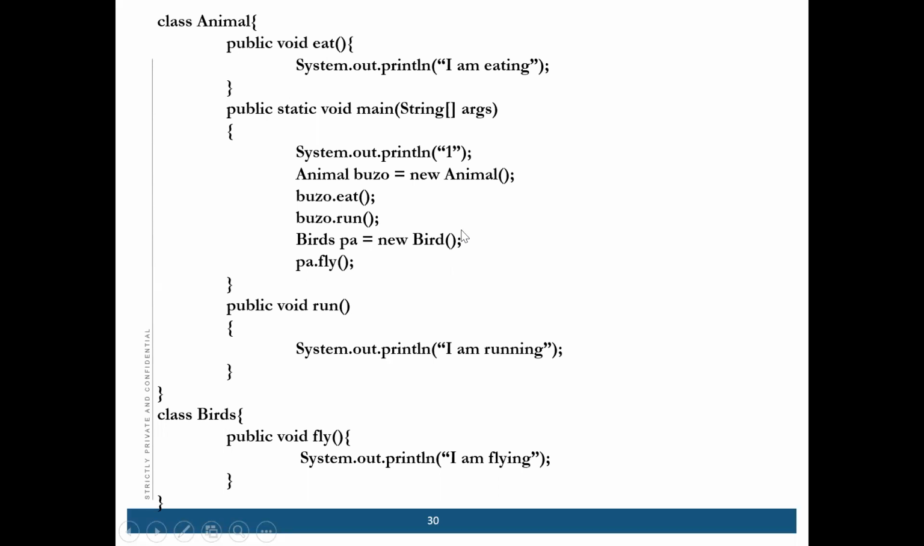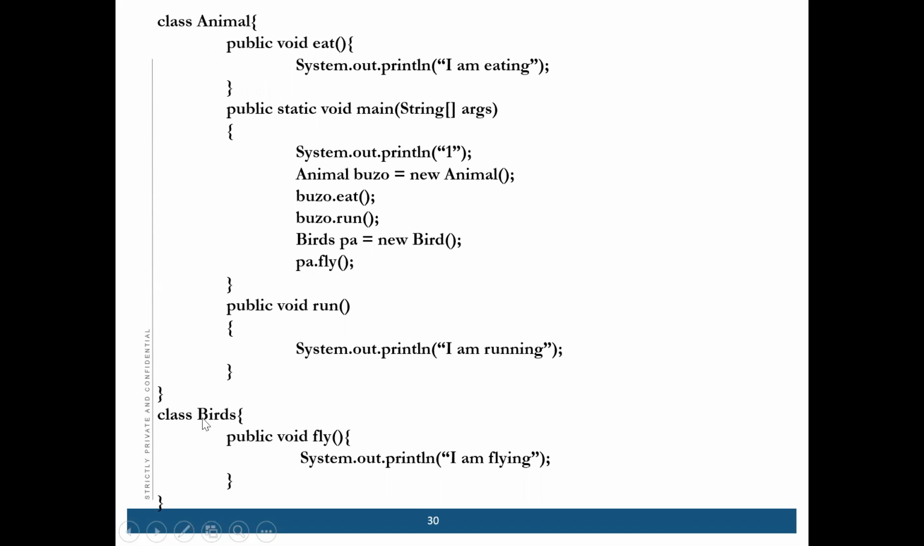Okay. Moving on. Now there is a class animal. Inside that there is one method eat. In the main method, we are calling run. Now there is another class, which is a bird class, in that class you have a fly method, and now you have to call that method inside the animal class. So how will you do it? You will create